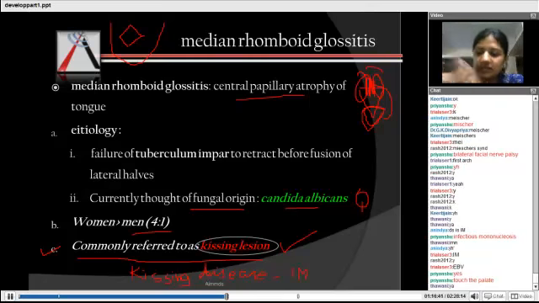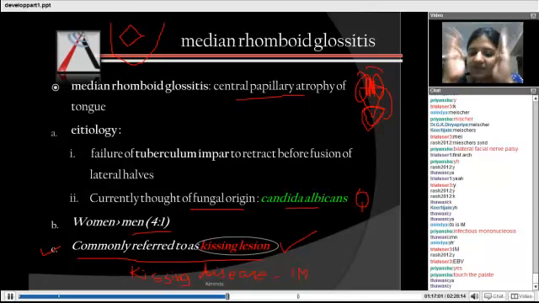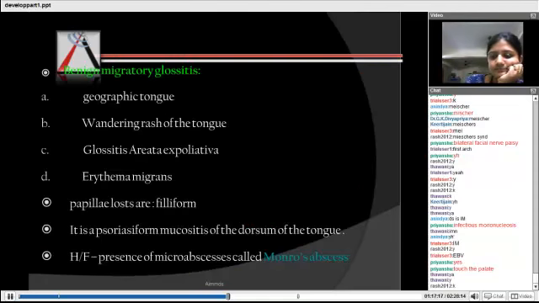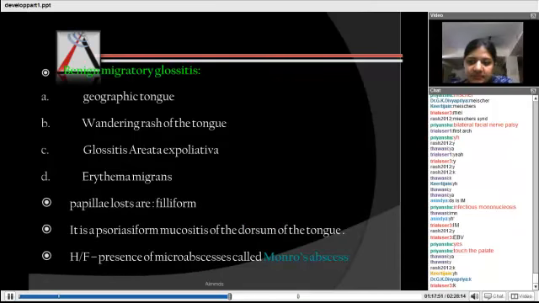Actually, this disease is of the tongue, right? So if you're expecting the lesion, you will expect it to be restricted to the tongue. But what is happening here is the area where there is lesion, where there is median rhomboid glossitis, that part of the tongue is coming in contact with the palate above, and the region where it is touching, that part of the palate has infection. So that has happened because of contact between the tongue and the palate. That is why it's called a kissing lesion. That was about